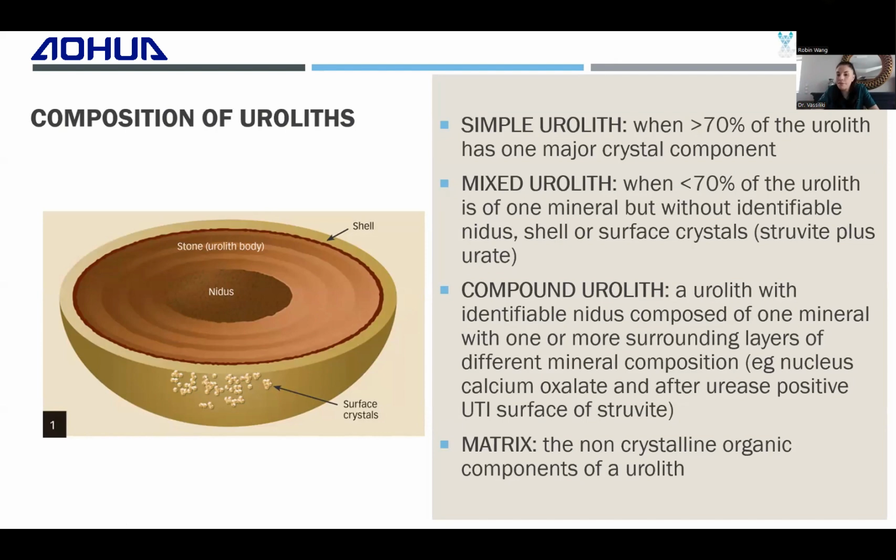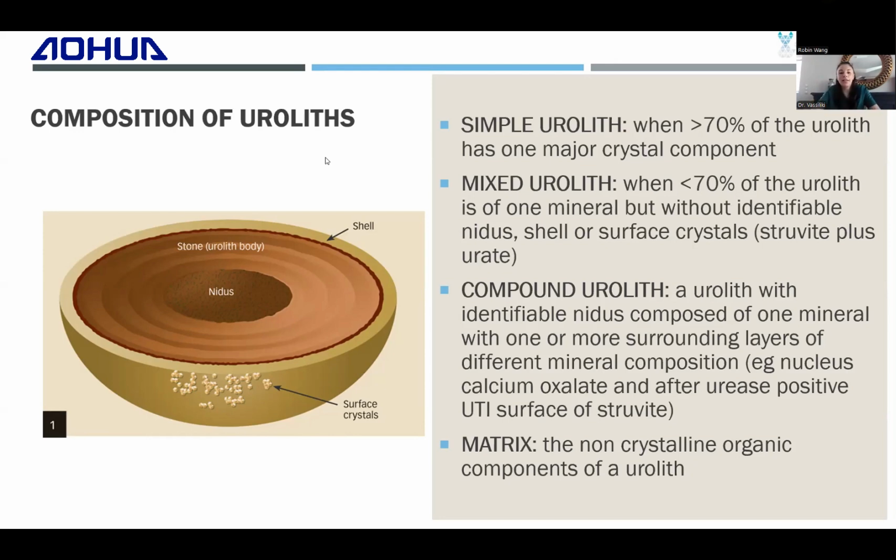And this is very, very important because the nidus, the urolith body and the shell could be totally different, because we might have an initial formation of the nucleus, and then other crystals might just go and be layered up on the nidus